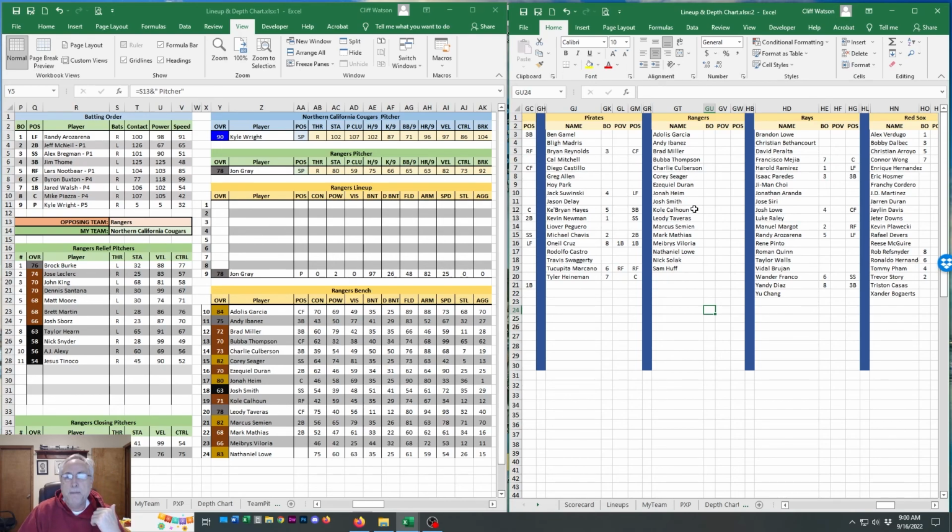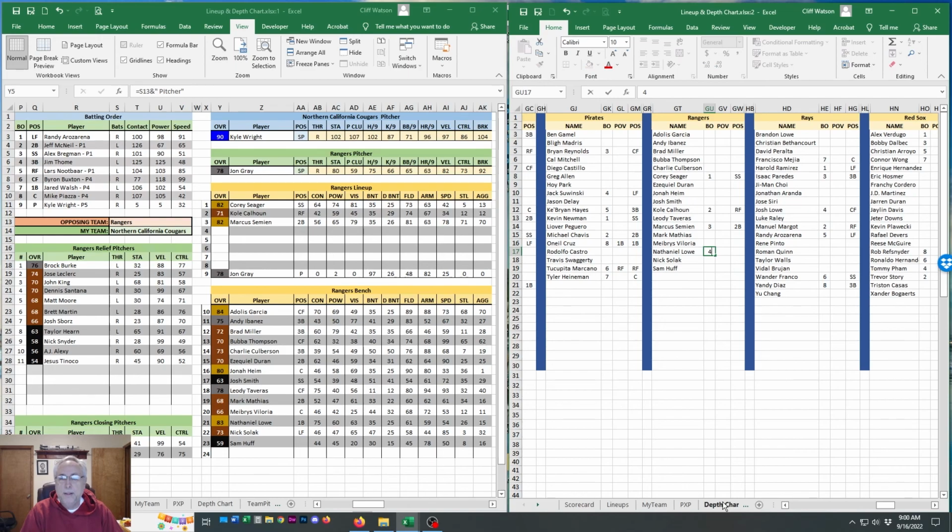So if I go in and I put in their batting lineup, let's say Corey Seager, we'll put him in as 1. Let's put in Calhoun as 2nd, Marcus Semien 3rd, Nathaniel Lowe 4th, Nick Solak 5th, Adolis Garcia, let's put him 6th, and let's put Brad Miller 7th,